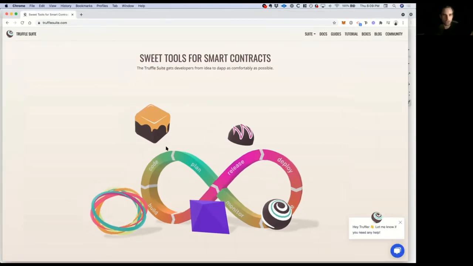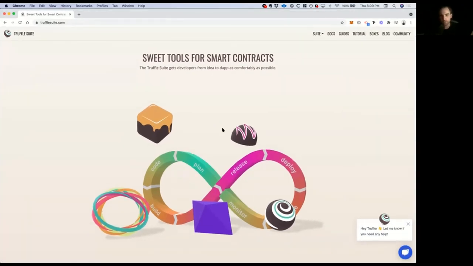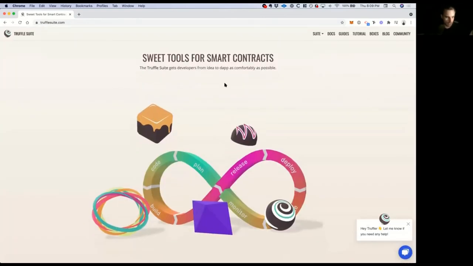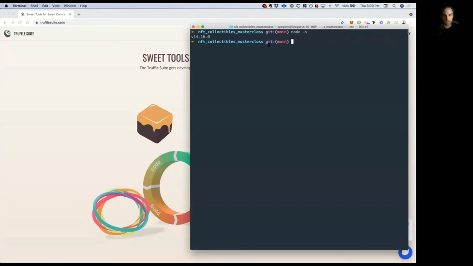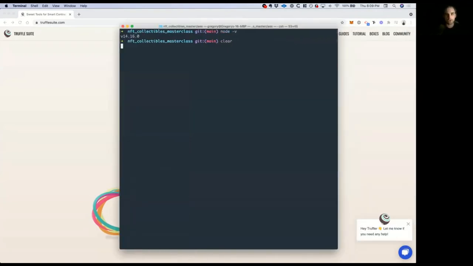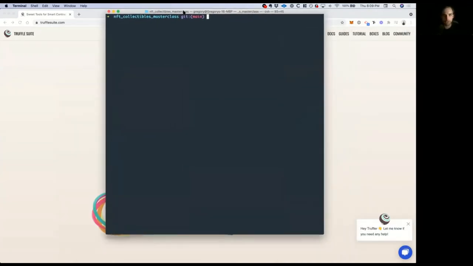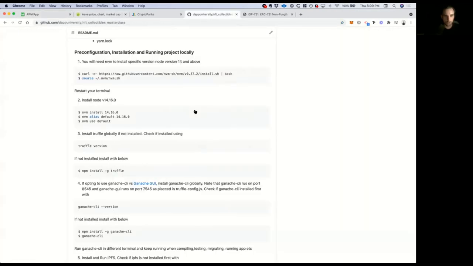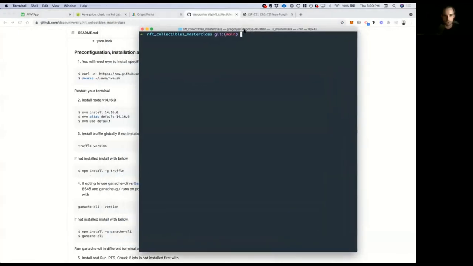Truffle is a framework for developing smart contracts on Ethereum. You install it on your computer, and then you can create software projects that are compatible with this framework. The framework will let you run tests, deploy the project, create new files, all that type of stuff. We can install Truffle with Node, which we installed in the previous step. You can see we have Truffle already installed,